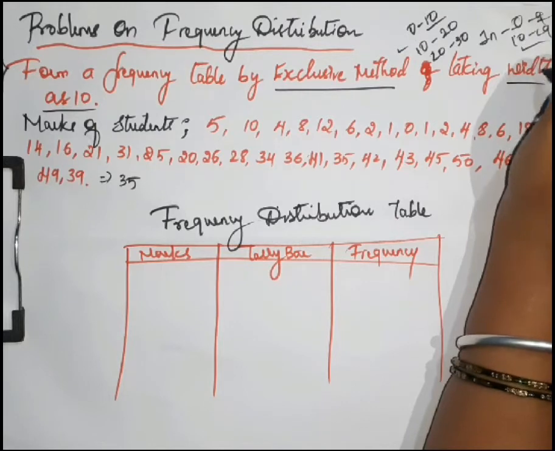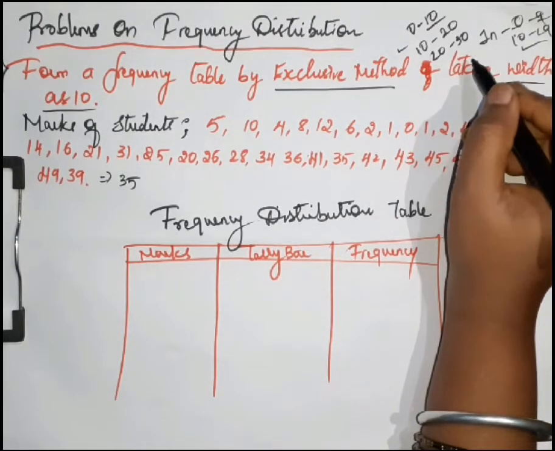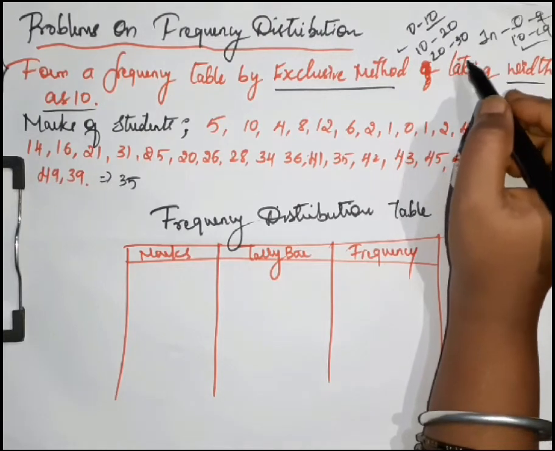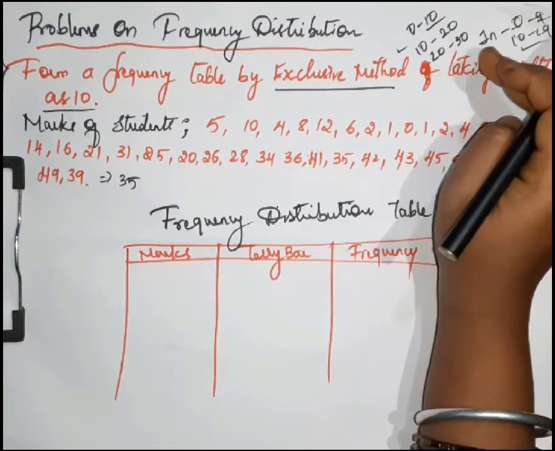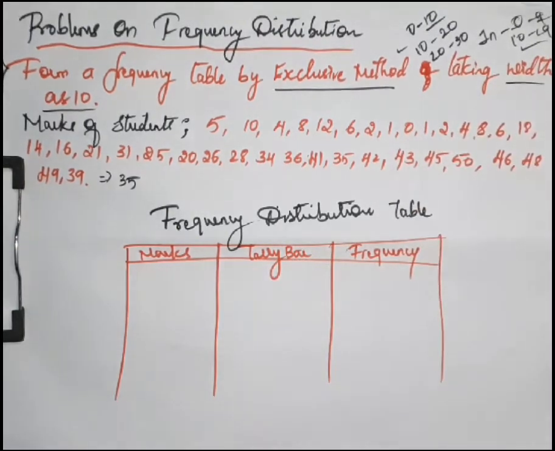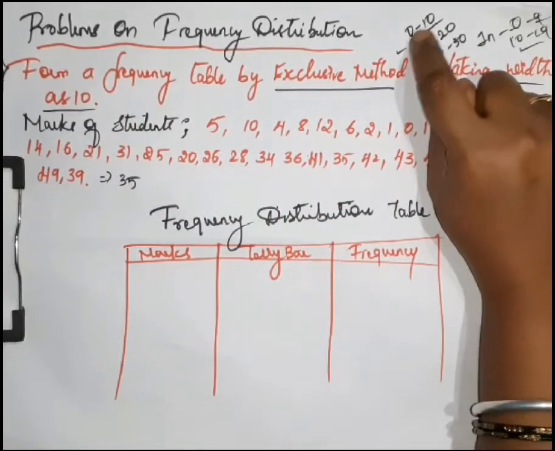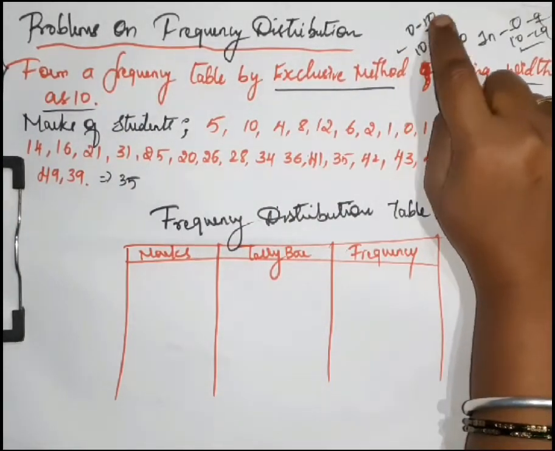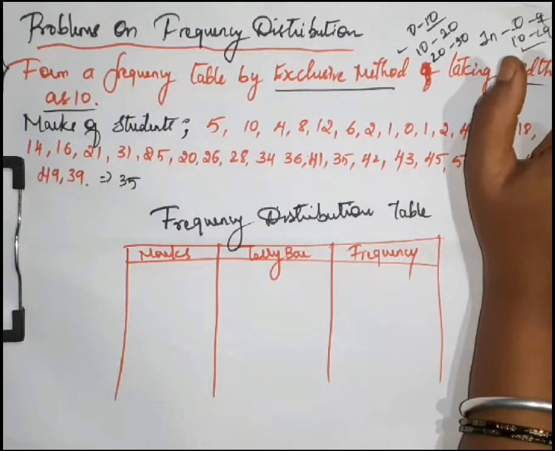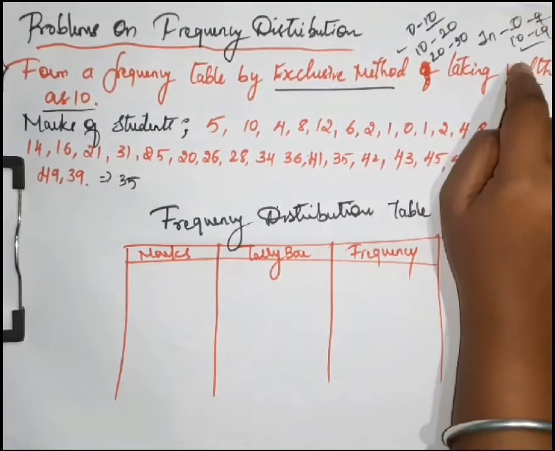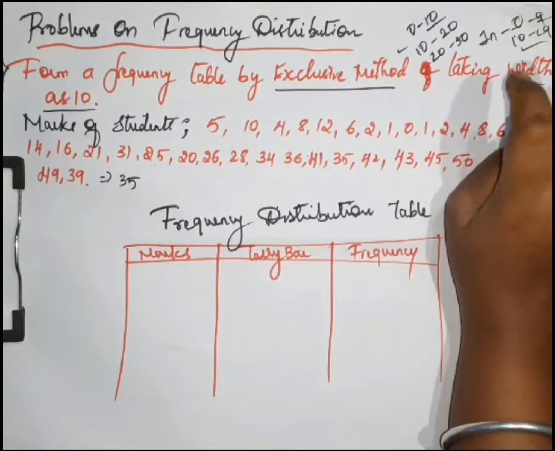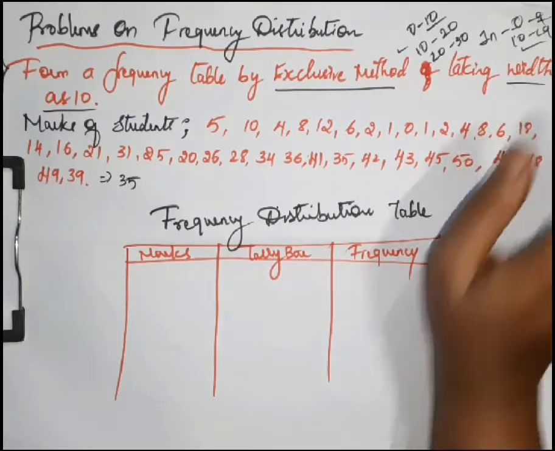You have to keep these things in mind, so it will be helpful to deal with the next chapters also. Here they are asking us to frame the exclusive method class intervals. To frame that, we have to take a width, in the sense the difference between the first and the last number should be 10. From the first number till the last number there should be a gap of 10 numbers. That is what we call width.